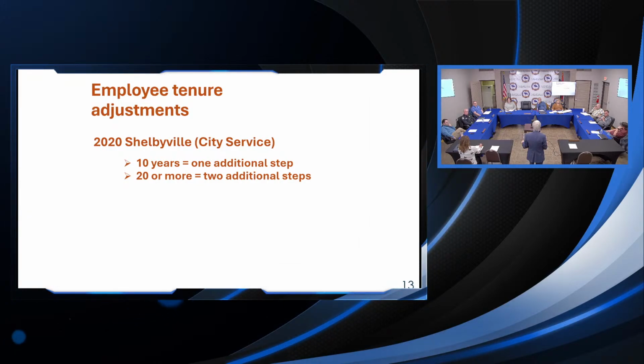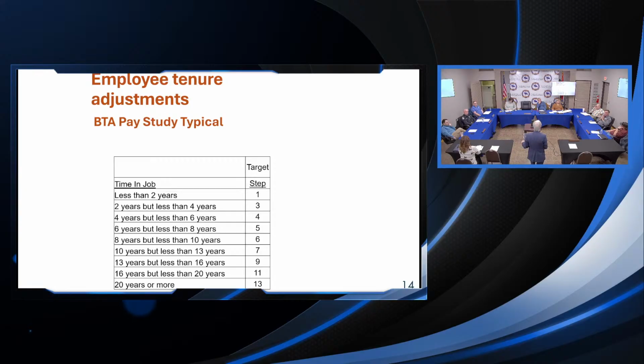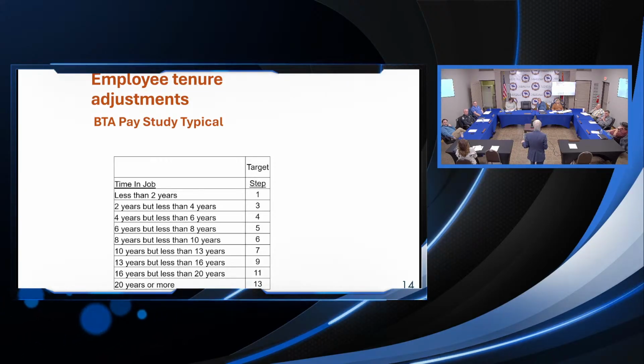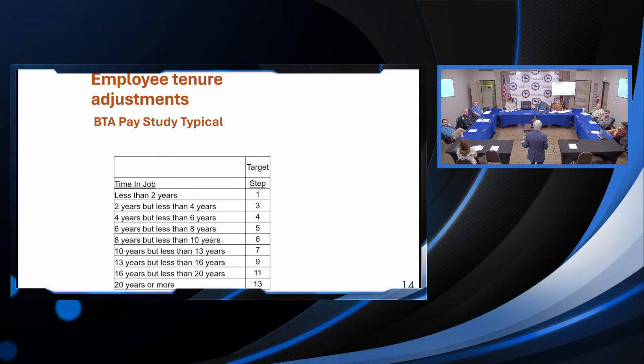Okay, the employee tenure adjustment, I think we did look at a more elaborate thing. This is kind of what we typically do. We set a target step for different amounts of time in job. So just pick, if you've got a person who's been in the job 5 years, they should be at least at step 4 in the step plan. If they're not, we would move them there. So with 12 years, should be at least at step 7. If they're not, we would move them there. This is typically what we do, and you can have more categories or fewer. It can be as aggressive or not aggressive, however it fits the situation.